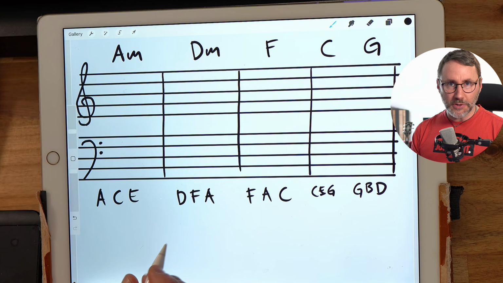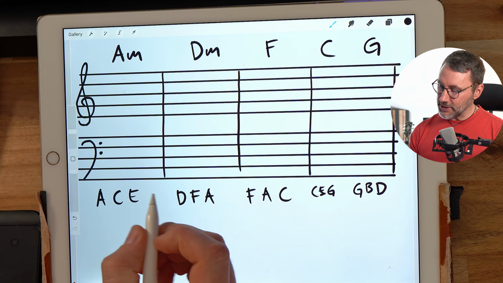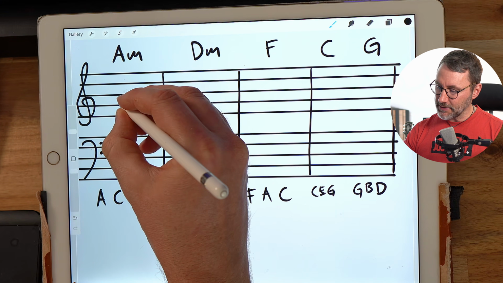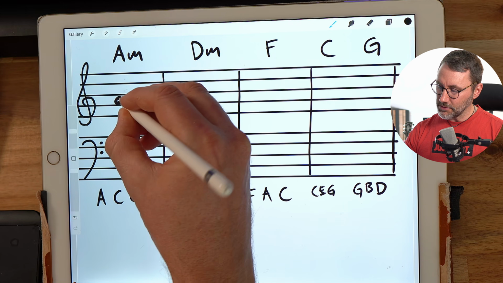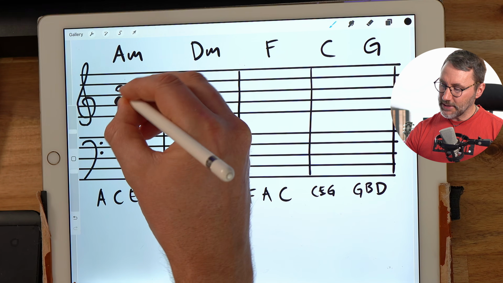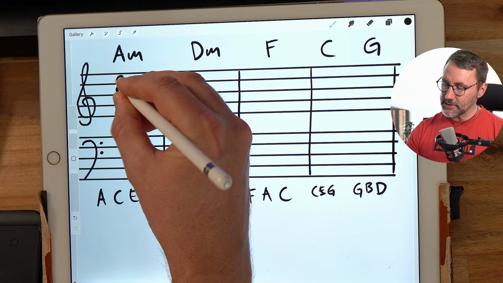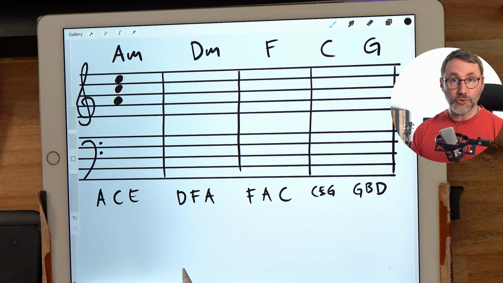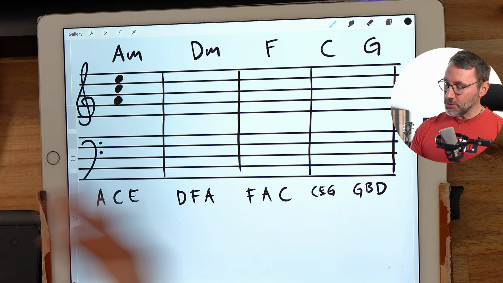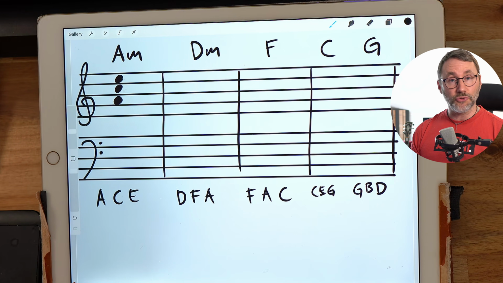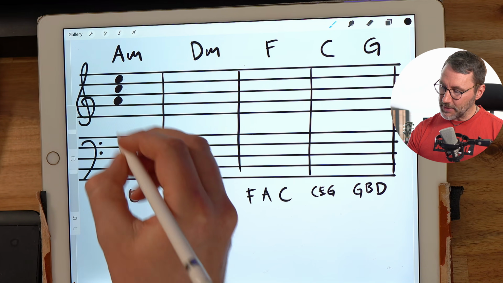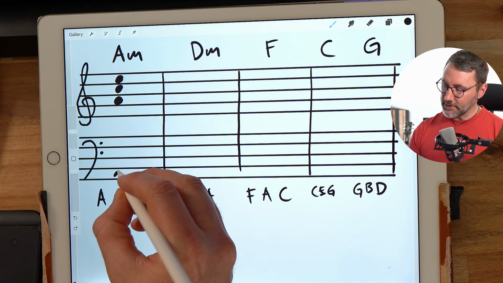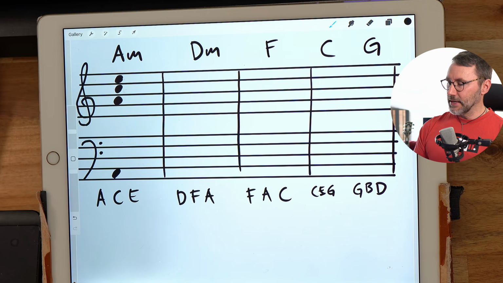The next step here is to put the actual notes here in our note sheet. So let's add the A minor chord. So we have the A note, and we have the C, and then we have the E. So that's the A minor chord in root position. And for this chord progression, we're also going to double the root 1 octave below as the bass. So we will have an A here at the bottom.